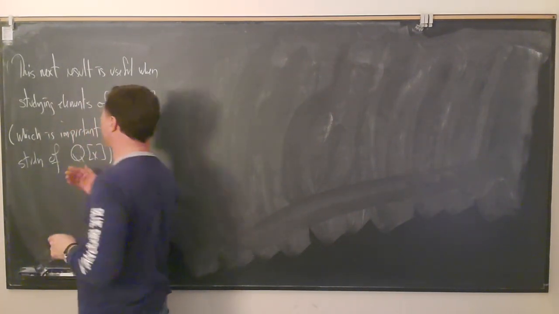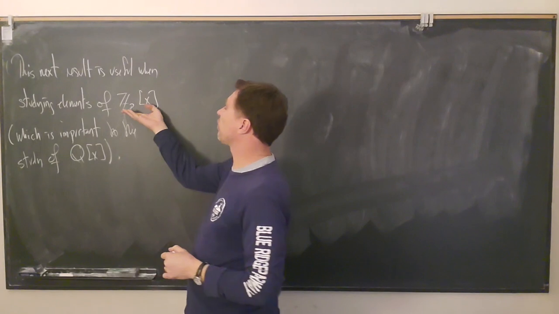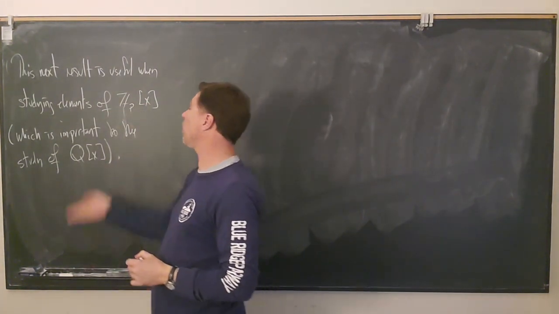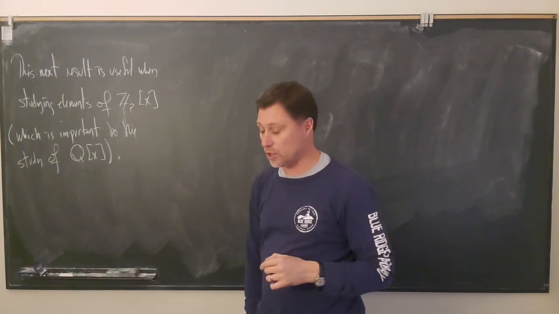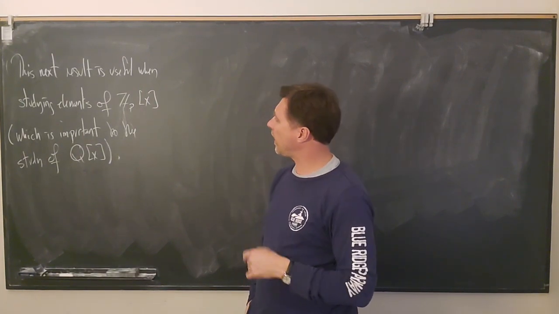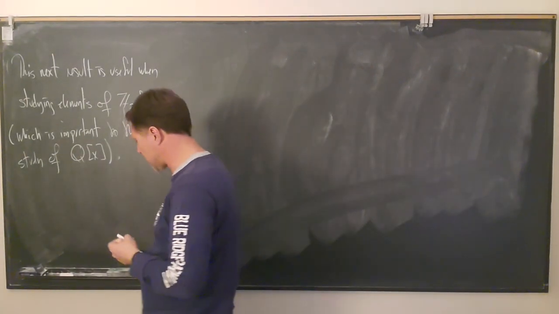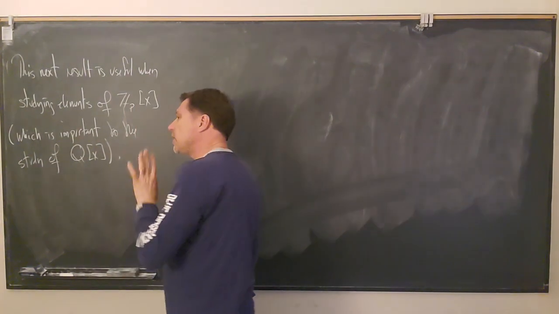We will see that later on. Somehow knowing the nature of roots in Zp[x] helps us understand factorization of polynomials in Q[x]. Now, one thing to point out is that in the book, this result that I'm about